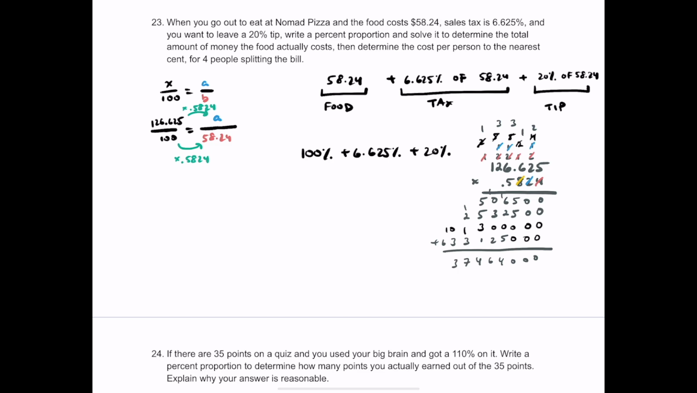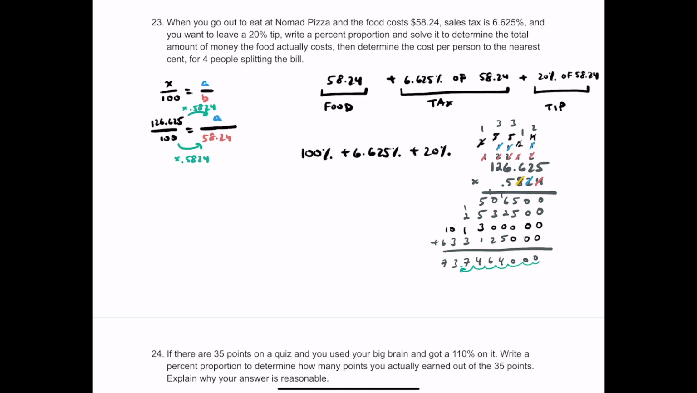Oh my gosh, if this works, this is going to be amazing. 1, 2, 3, 4, 5, 7 decimal places. So let's see. 1, 2, 3, 4, 5, 6, 7. I hope this is right. Okay, so